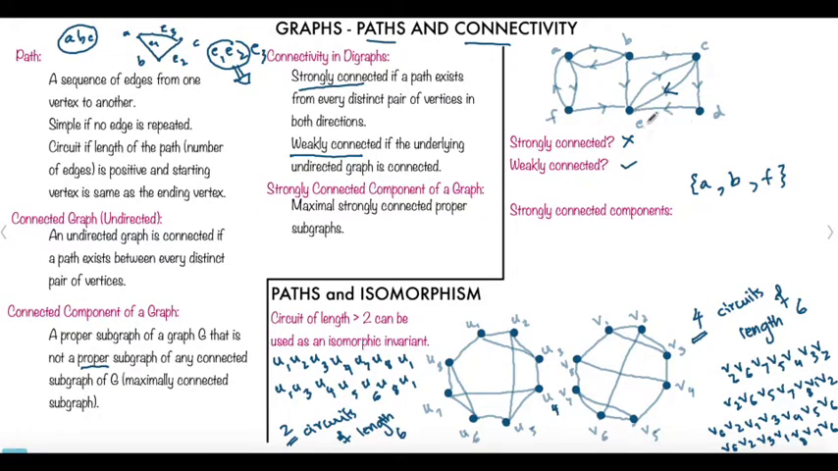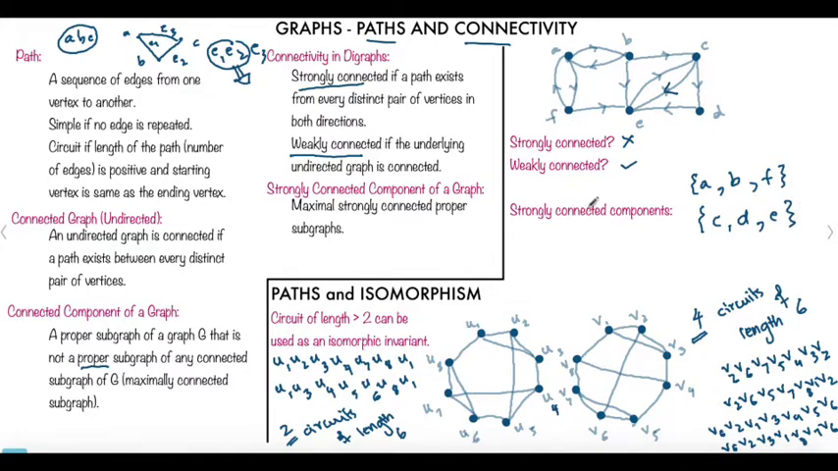Now, first of all, let's see whether they are connected or not. From C, we can go to E. From E, we can go to C. From C, we can go to D. From D, we can go to C through E. So this means this is also strongly